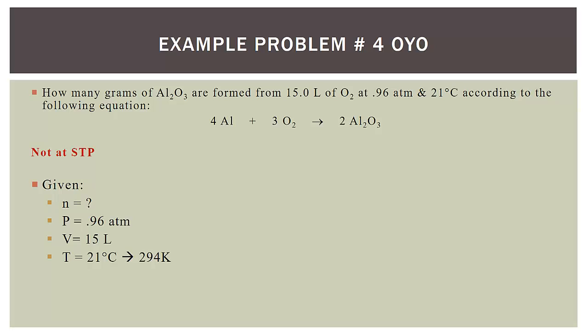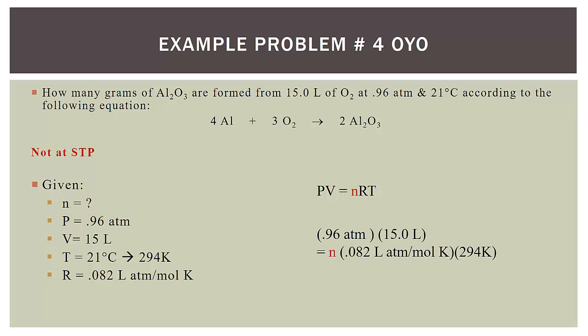So what we can do here is start with PV = nRT, and then kind of work the opposite of what we did with the other ones. We also know that R is going to be 0.082 liters atmosphere per mole kelvin, since we're using those units above. So PV = nRT, if we rearrange this to solve for n, is going to be equal to PV divided by RT. Okay, and when you do this, you should get a value of 0.597 moles of O2, which is great,